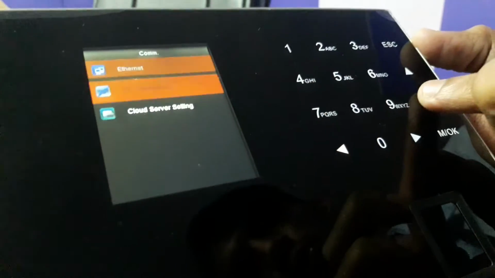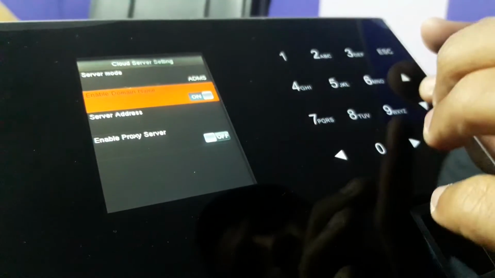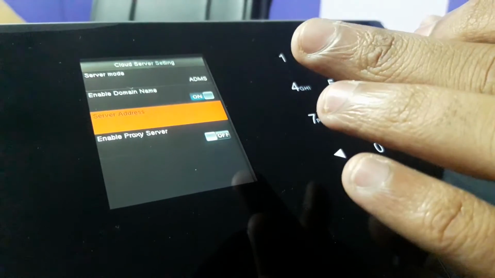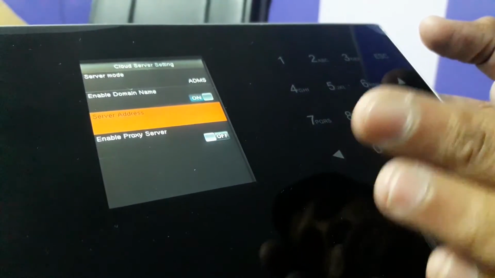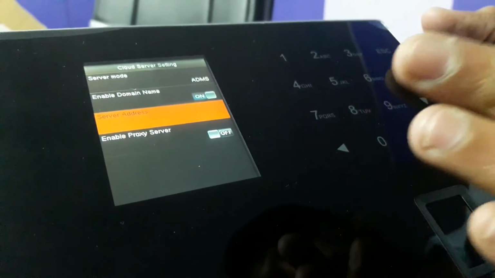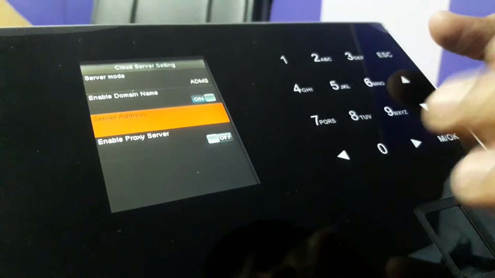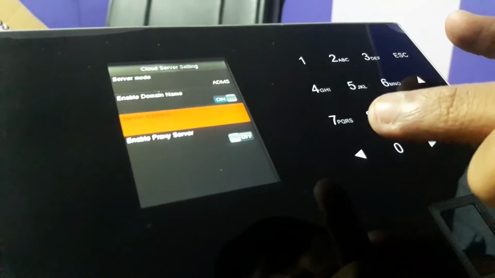Now I'll show the cloud server setting. This means you have to configure the link address for pushing your data to another server. You are outside of other networks and you want to push data. So I type my server address. I have a domain name, so I type this name in the server address. To type the domain name in the server address, now click on